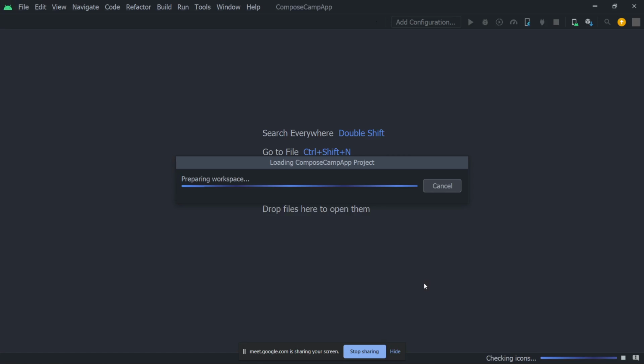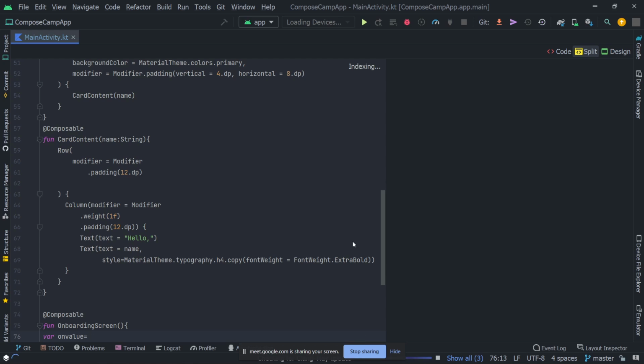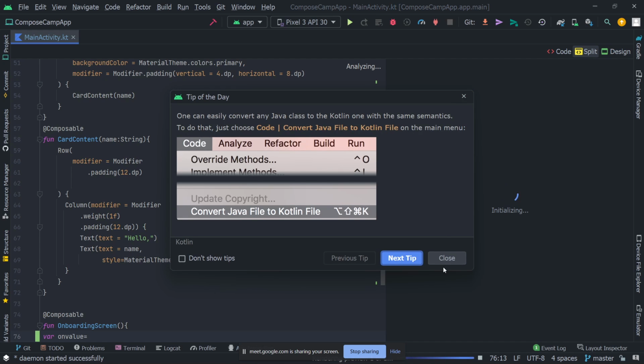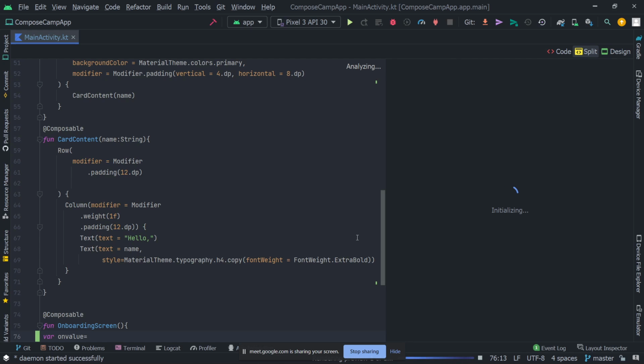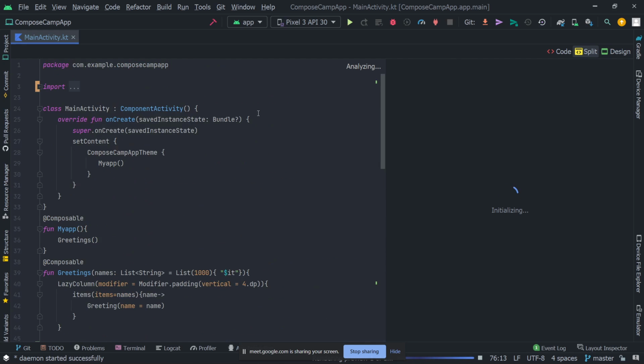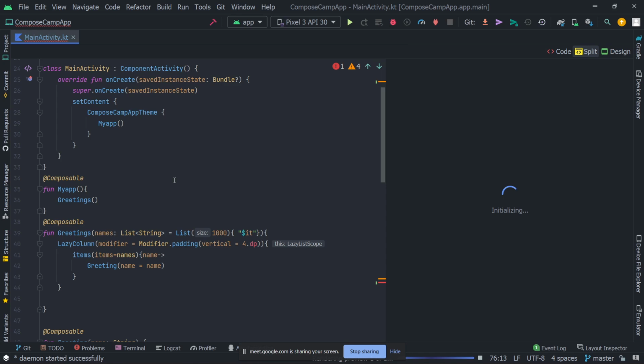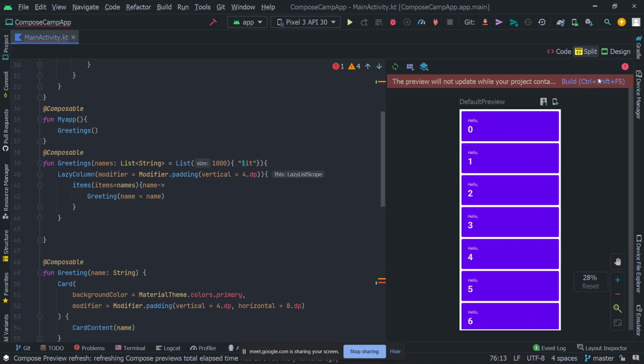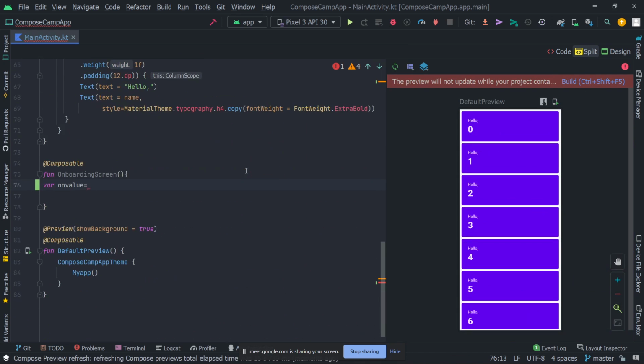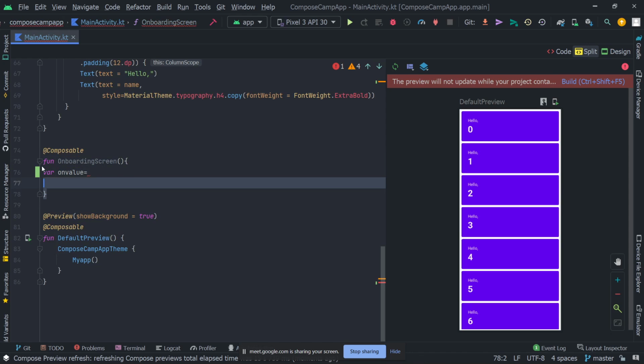So it is our Compose camera. Let's wait for a few minutes. It may take time to load. Okay, so